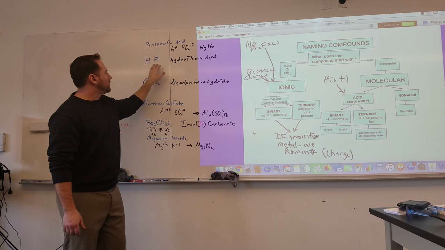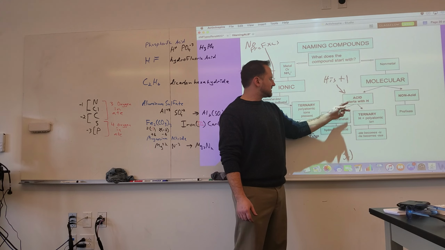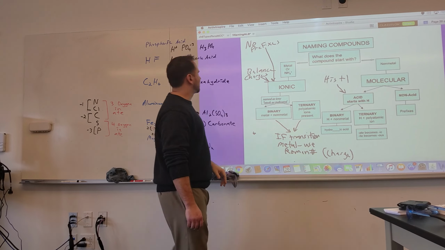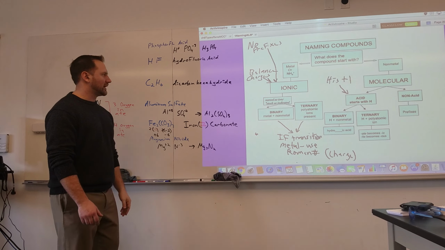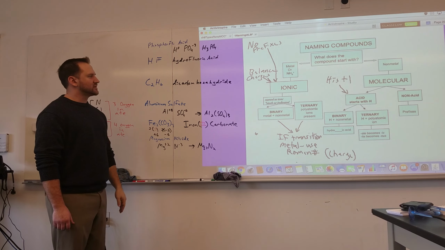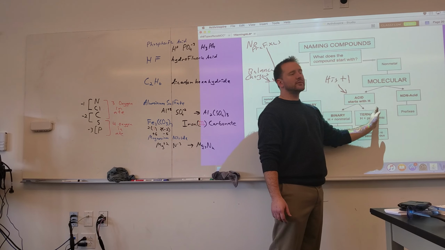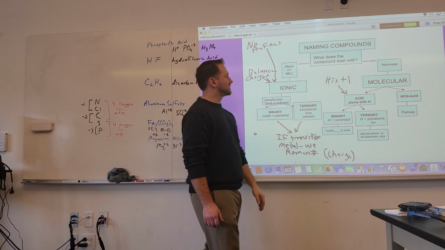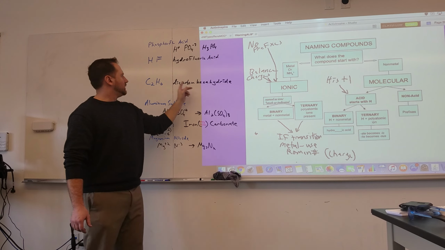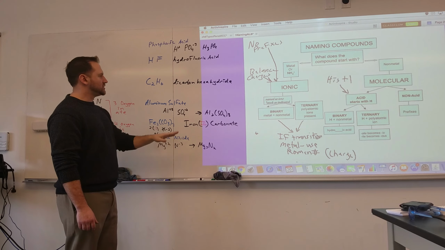In the second example, we have HF. So we look over here, we know it starts with an H, so it's an acid. Since it's only 2 elements, it's a binary acid, and we'd say hydro-blank-ic acid, so in this case it would be hydrofluoric acid. In the next example, we have C2H6. So we know it doesn't start with a metal, so we know it's a molecular compound, and since it doesn't start with an H, it's a non-acid. We just use prefixes. The prefix for carbon would be di, because there's 2 of them, and for the hydrogen, you would have the prefix hexa to represent the 6 hydrogens there,